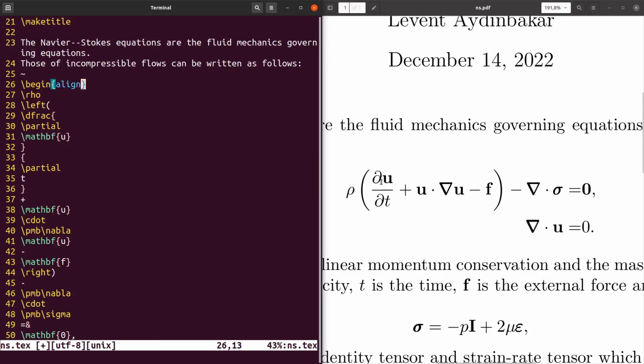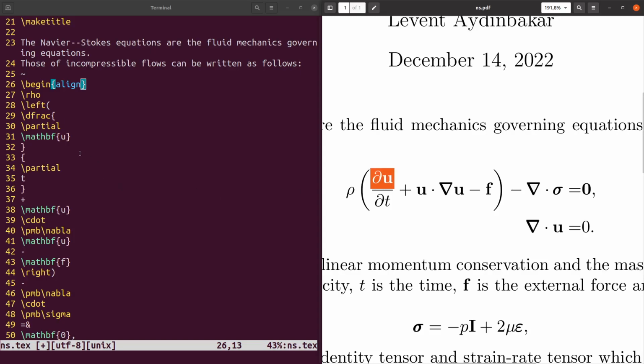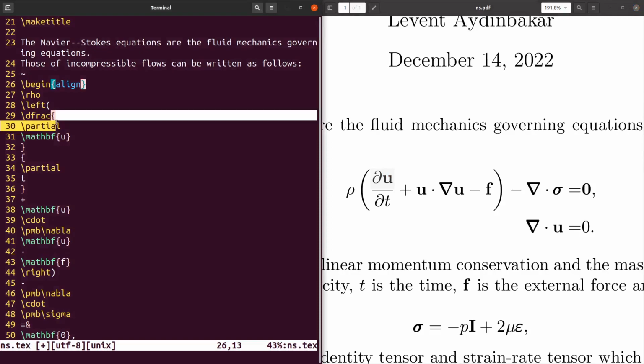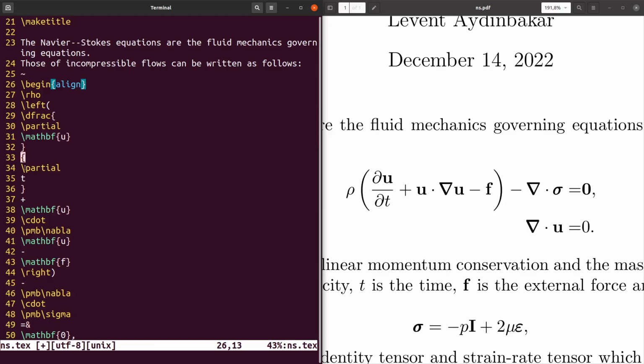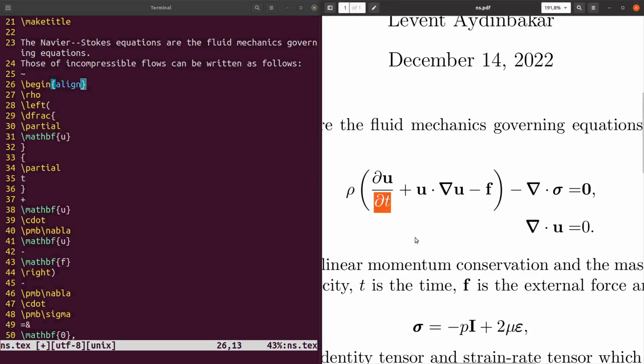This is bold because u is velocity in fluid mechanics, and it's a vectorial quantity. So we use vector quantities in bold characters. Now we write this one, partial u, in these two curly brackets, 1 and 2. And in the second curly bracket and third curly bracket, we use partial t, which is represented in the bottom of the division. Then the plus sign came here, plus,